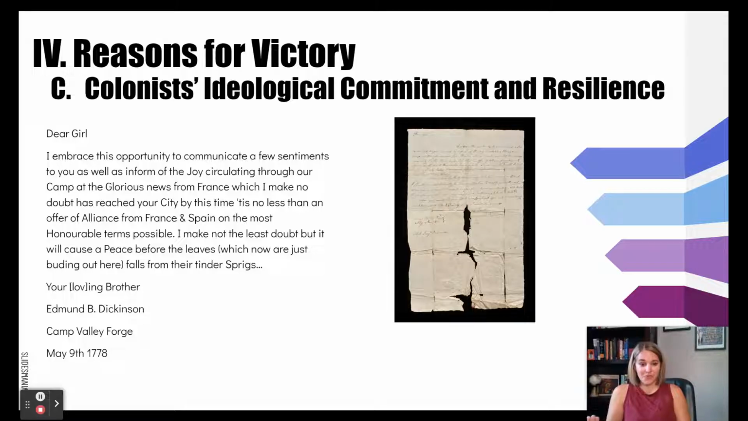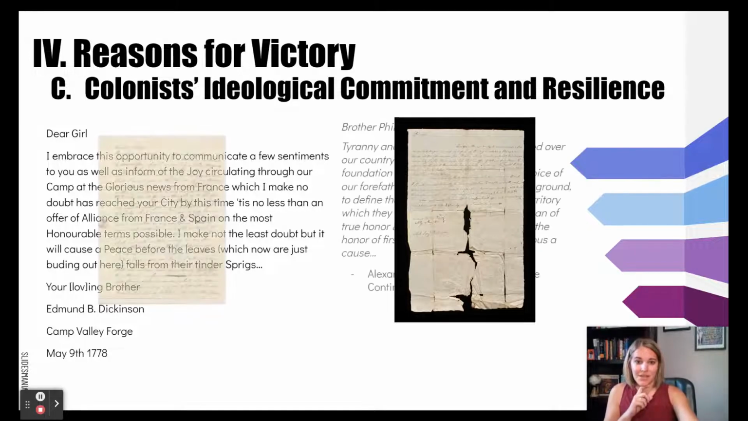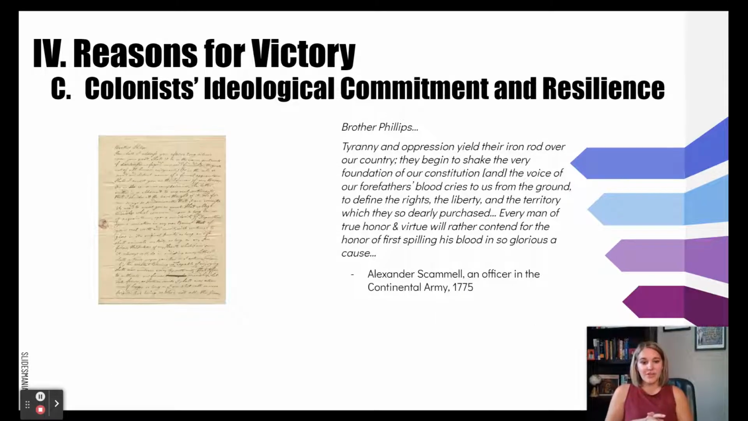So this is from the camp at Valley Forge, and this is after the winter there. So you can sense this joy and happiness despite the fact that they have just suffered through this very long winter. So next up, we have a letter from an officer in the Continental Army, Alexander Scammell, and he says,